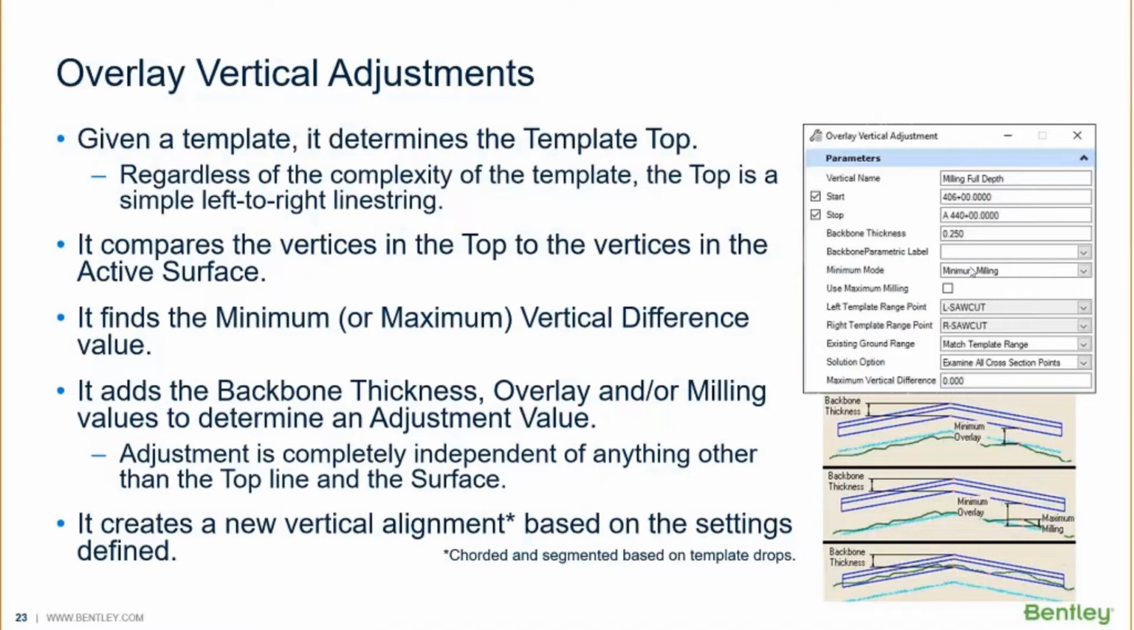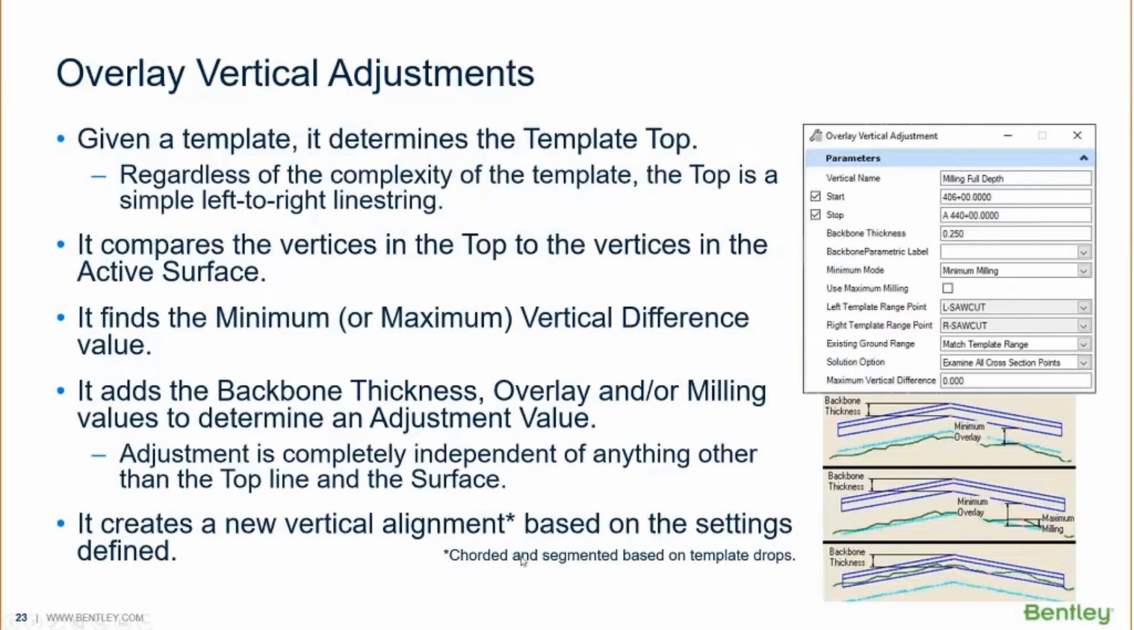Now the vertical alignment that it creates, it uses the backbone thickness that you have specified in this dialog, and it uses these overlay and milling values to determine the adjustment value. Okay, now the adjustment's independent of any of the other top lines and surfaces, and it will create a new